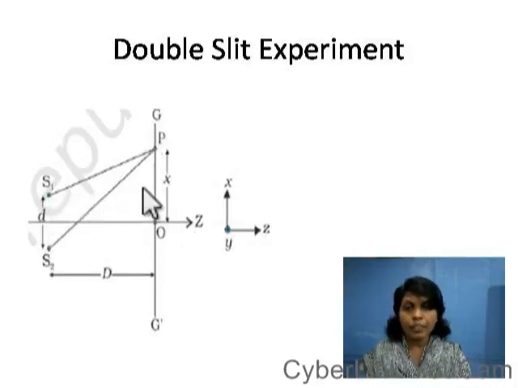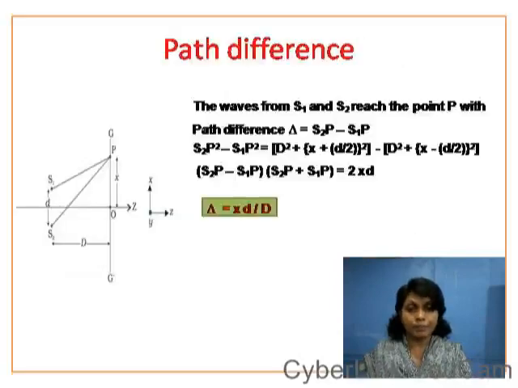S1P square is equal to D square plus X minus D by 2, half the slit separation, the whole square. That's it. And we will rearrange it. So just the rearrangement says that S2P square minus S1P square is equal to, substituting the corresponding values, you get